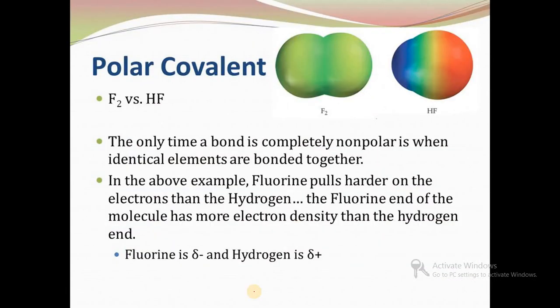So in the case of a polar covalent molecule, for example F2, which is non-polar covalent, but HF is polar covalent, and this is the diagrammatic representation of F2 and HF. In the case of F2, there is equal distribution of electrons between the two atoms, but in the case of HF, fluorine is more electronegative as compared to hydrogen, so more electron density is attracted towards the fluorine atom. So in this diagram,